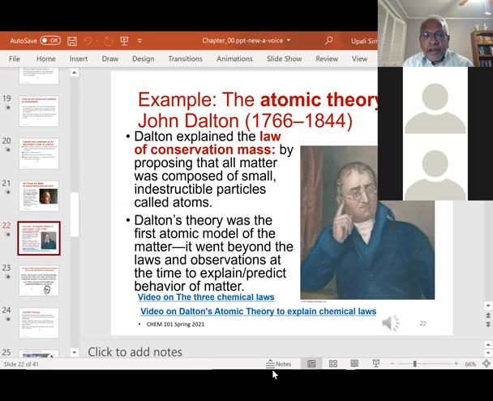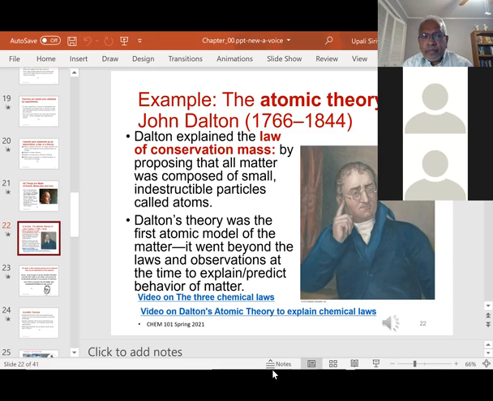One was the law of constant proportion: when a compound is formed between 2 elements, the composition by mass of the 2 elements is fixed. It's called the law of constant